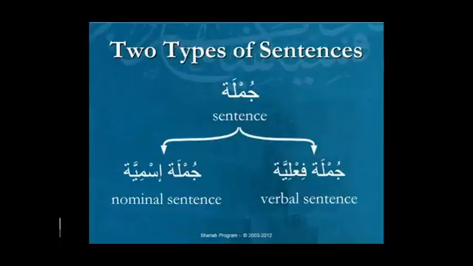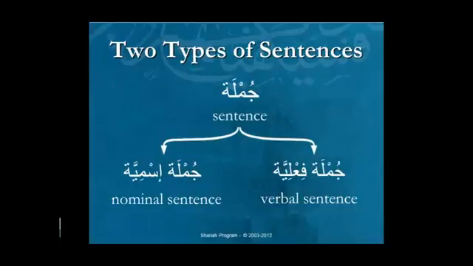In Arabic, the grammarians, because of the two issues that will develop throughout this presentation, chose to classify the sentence into two categories. The first is the verbal sentence, and the second is the nominal sentence. The reason this classification is important is that in Arabic the verb is at the front, which is a fundamental difference from English.